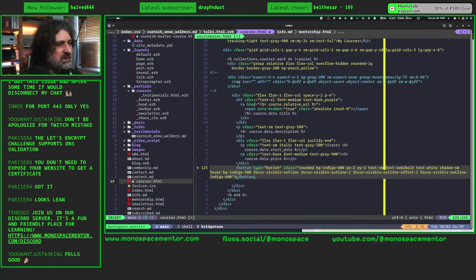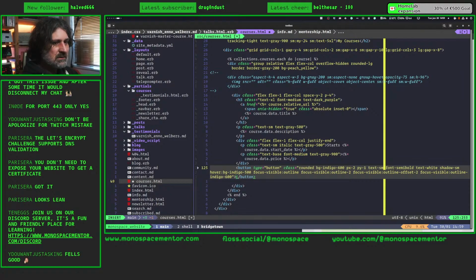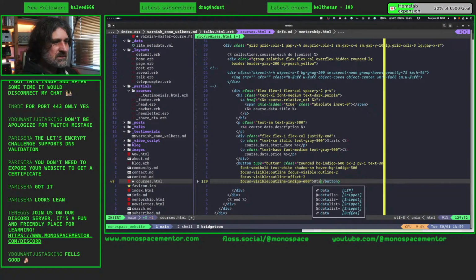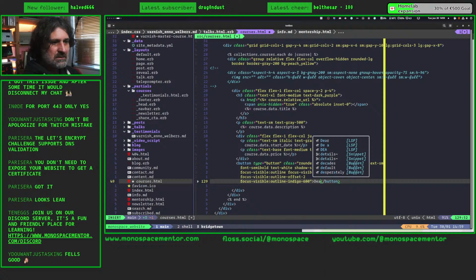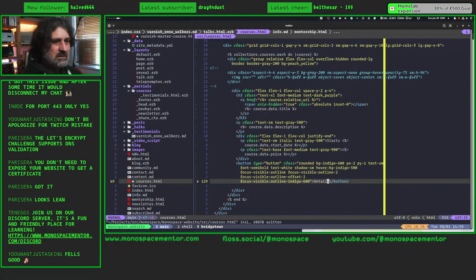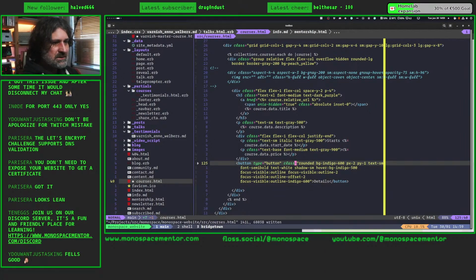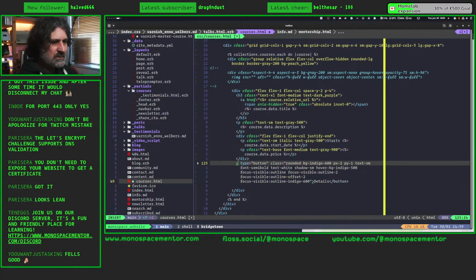What's our call to action here? Look, check it out. Details. Let's do details. And of course, this is not going to be a button. I'm not going to make this a form. We'll simply use a